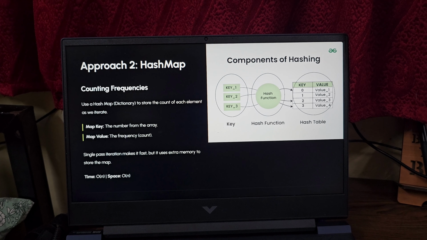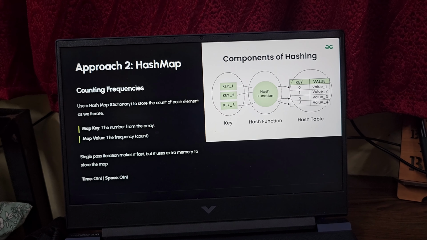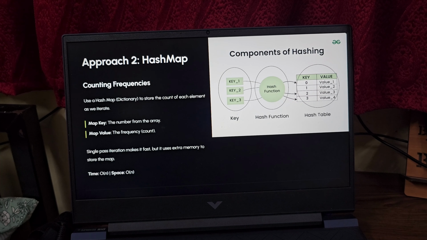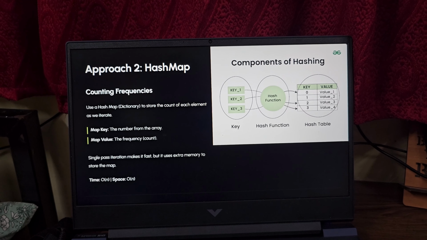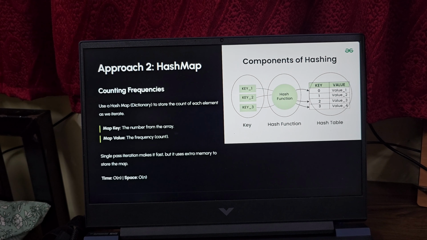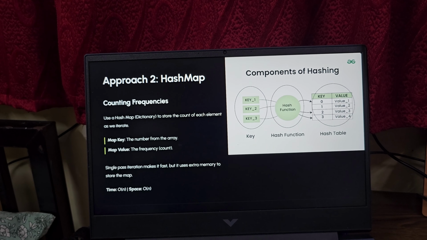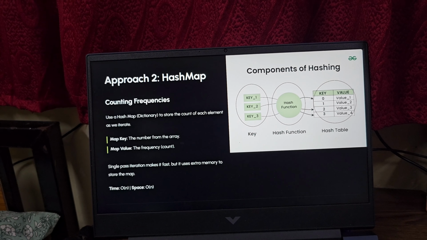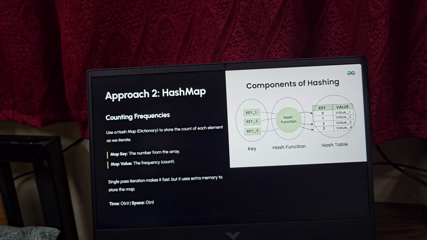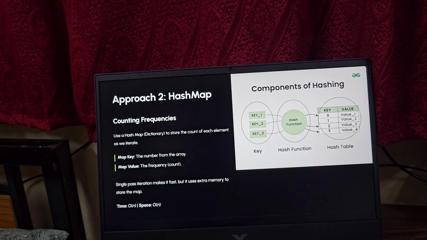So in the second approach, we use a HashMap, or simply counting the frequency. We use a HashMap or a dictionary to store the count of each element as we iterate. We iterate over the array one time and find the frequencies. If the frequency is greater than n/2, or the maximum frequency of any element, that is the majority element. The time complexity of this approach is O(n),